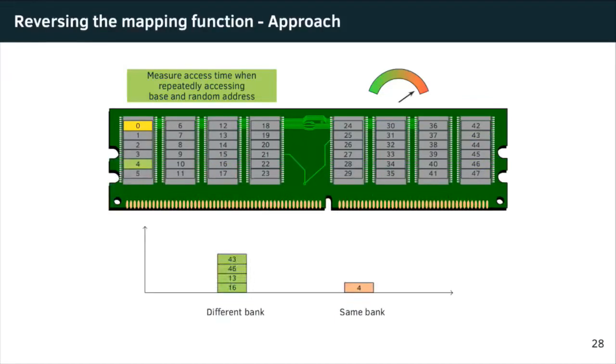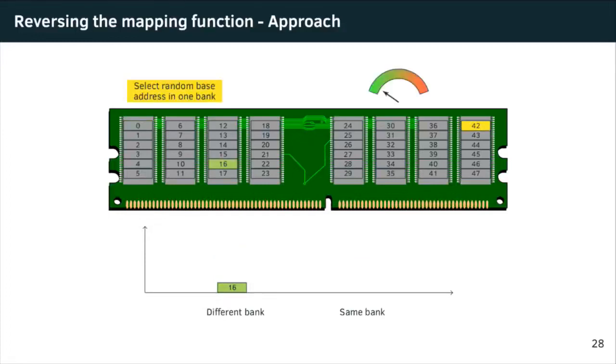And if we find an address that maps to the same bank in the DIMM, then the timing is worse. So it's much slower, because now we have two addresses in the same bank but in different rows. And that means it always has to overwrite the row buffer. You remember the row buffer from before? If I access the first address, it gets copied to the row buffer. If I access the second address, it has to be copied over the row buffer. So that will be slower. And then we can see if addresses map to the same bank or if they don't map to the same bank.